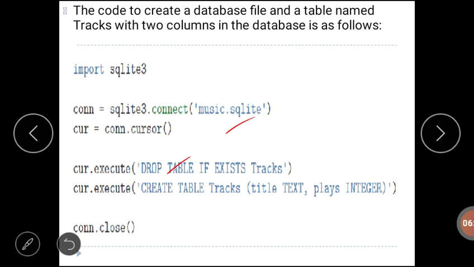This helps avoid a possible error from trying to create a table with the same name. Then we are creating a table with the name tracks, which has two columns: title, which takes text type, and plays, which takes integer type data.